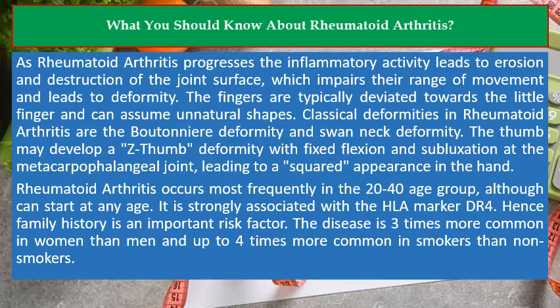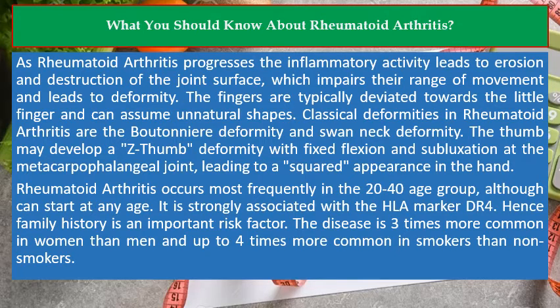appearance in the hand. Rheumatoid arthritis occurs most frequently in the 20-40 age group, although it can start at any age. It is strongly associated with the HLA marker DR4. Hence, family history is an important risk factor. The disease is 3 times more common in women than men and up to 4 times more common in smokers